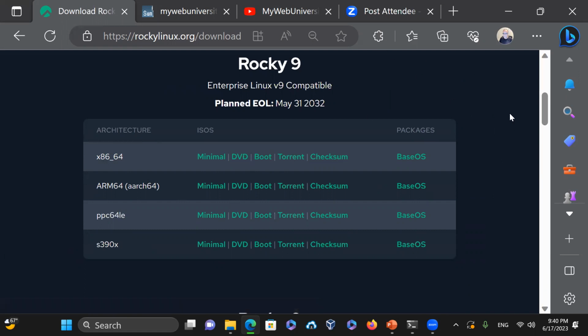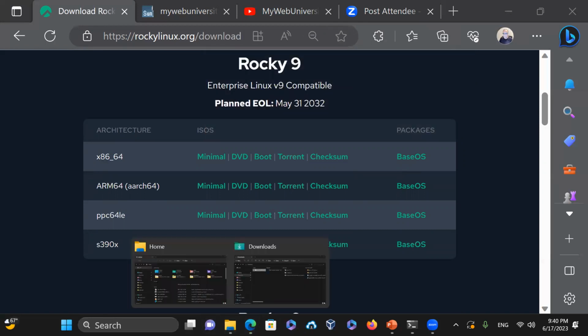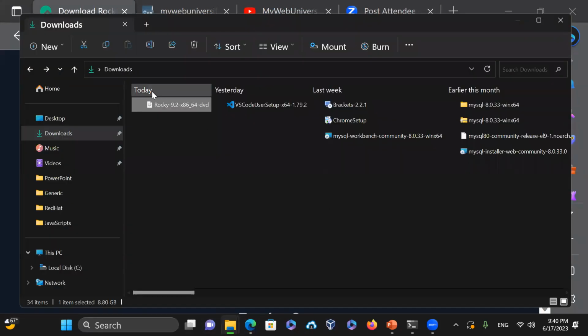Then if I press Control J in my browser, you can see that the Rocky 9.2 x86 64-bit DVD ISO image has already been downloaded to my download directory. If I go to my download directory, you can see that the Rocky 9.2 x86 64 DVD is already there